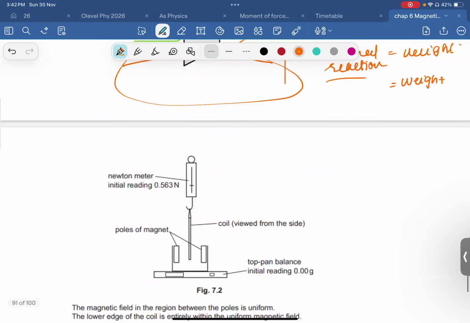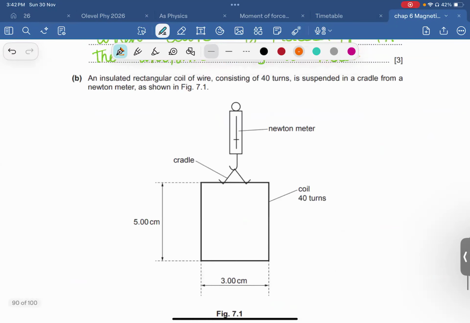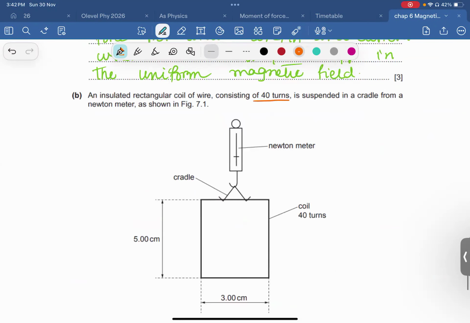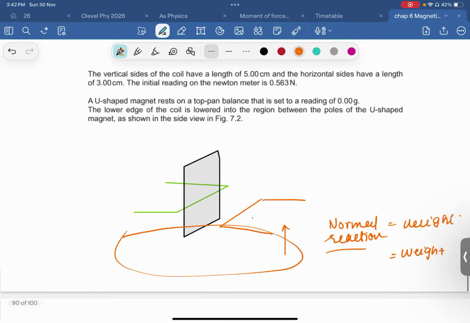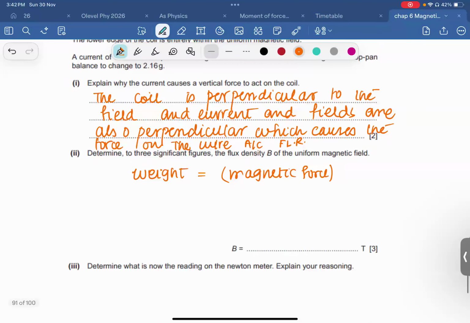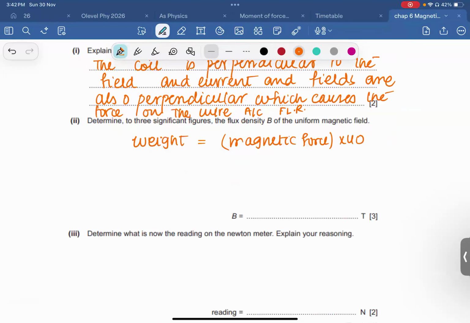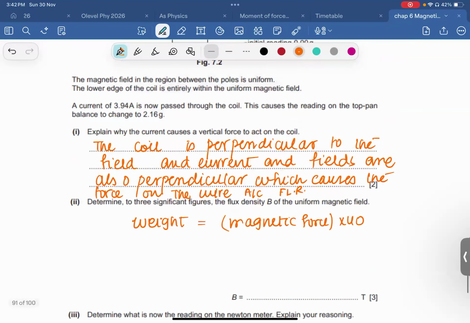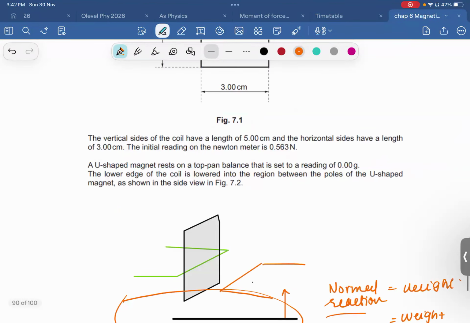But this is the total magnetic force, right? We have 40 turns, if you remember. Due to those 40 turns, each turn will have its own magnetic force, so you have to multiply that by 40 to get the total force. So the Newton meter reads this much, which means,